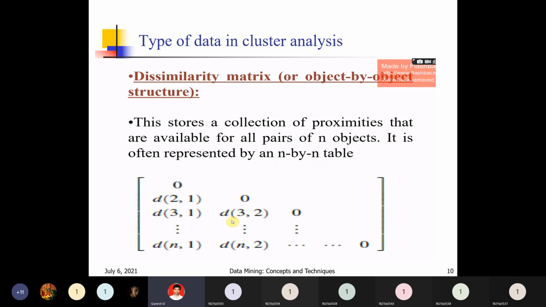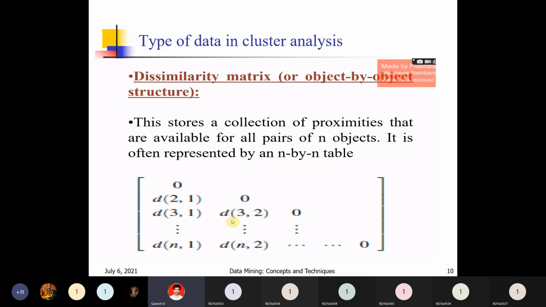So first that is 1 1. Next x comma y, so that is 1 0. Next 0 0. Next 0 1. Like that, different values are there. So this type of matrix is nothing but the dissimilarity matrix. We will find out the similarity and dissimilarity between two objects by representing like this.